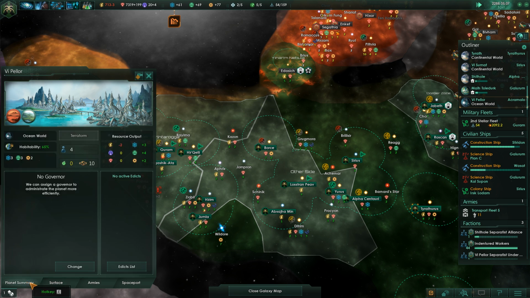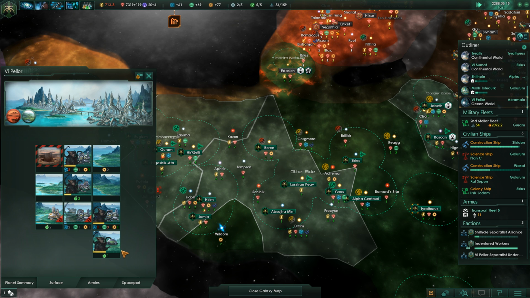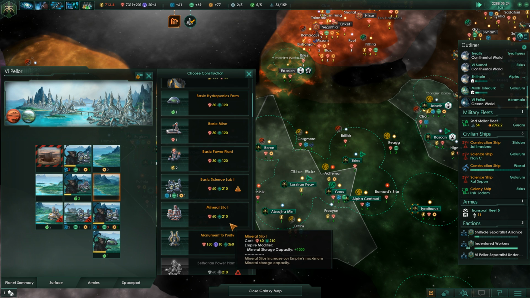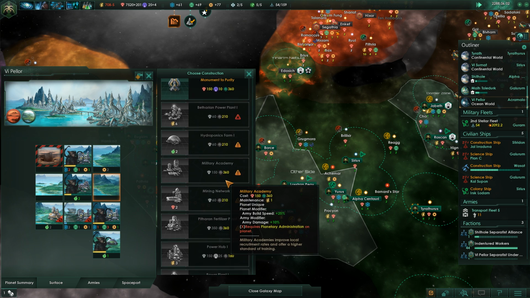How we're doing on food here? 0. That's less than optimal. Let's get a Monument to Purity, Basic Science Lab. I would like to get a...